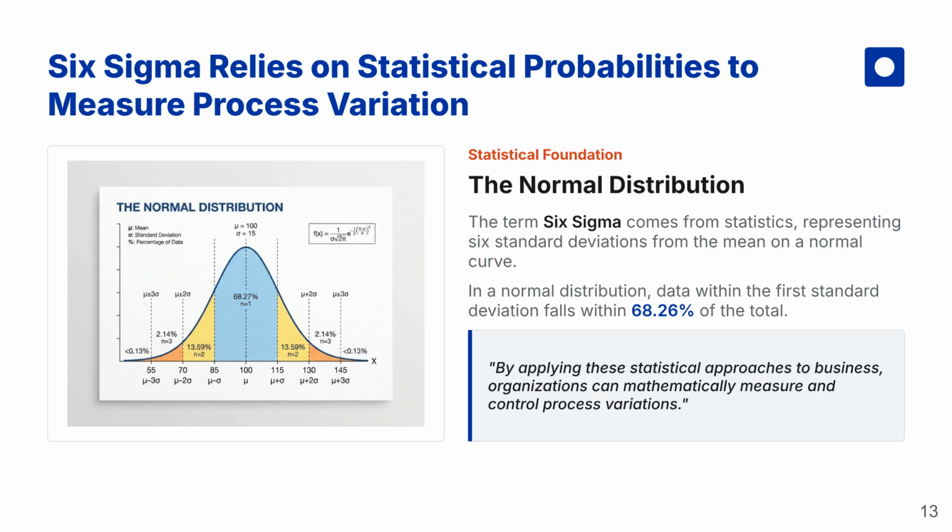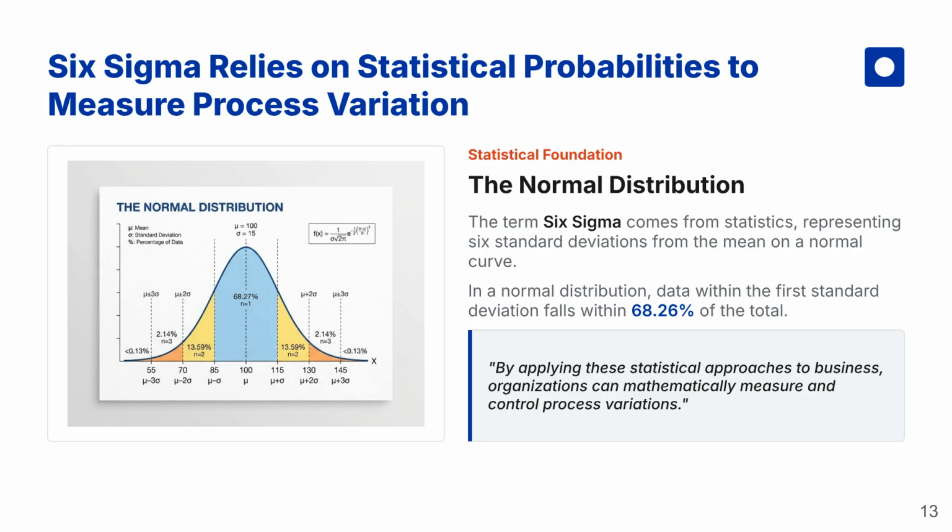Six Sigma extends this concept to 6 standard deviations, representing an extremely high level of process consistency with very few defects. Although the statistical calculations behind Six Sigma can be complex, the business objective is straightforward. By measuring process performance using data instead of assumptions, organizations can identify where variations occur, understand why they happen, and implement improvements that make the process more stable and